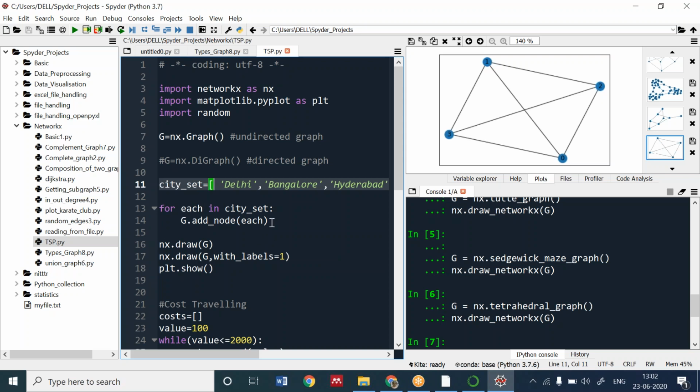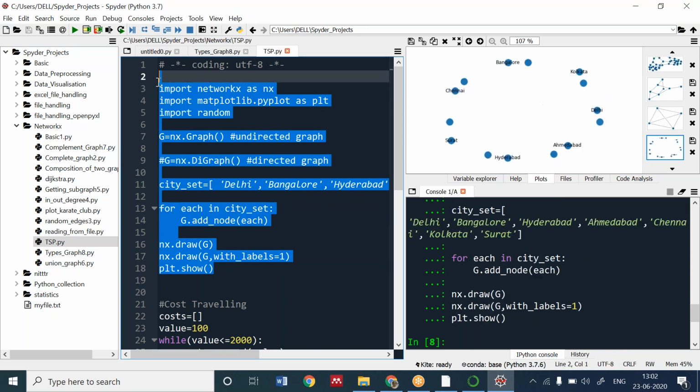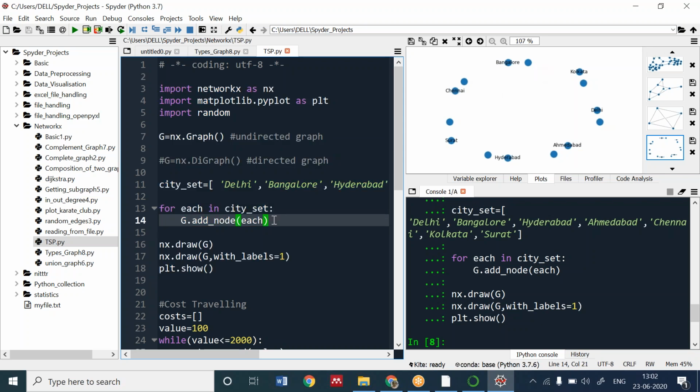Then for each city in the set, I'm adding a node. Then I'm drawing the graph. Let me run this and you can see it. We have the graph. The edges don't work here right now. We have only the graph. Let me comment this. Then after this, I'm going to tell you.